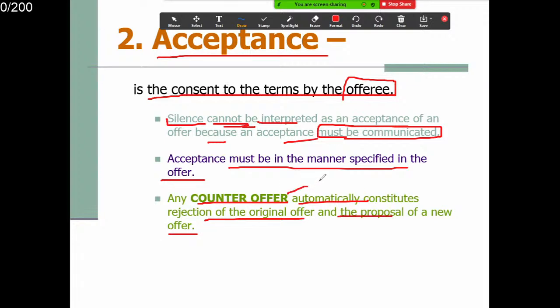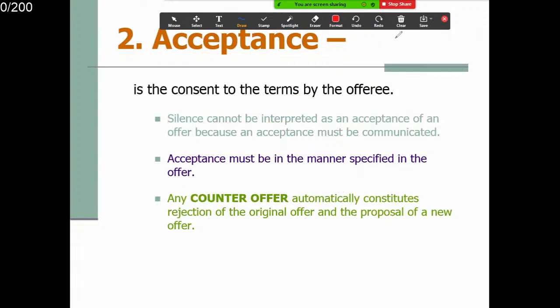Any counter offer automatically constitutes rejection of the original offer and proposal of a new offer. Counter offer 就是新的 offer，new offer。给你返回去的话，旧的 offer 就无效了。这个不管你什么条件在里面，价钱也好，做不做摆蚂蚁也好，等等，都是条件，新的条件就出现了。